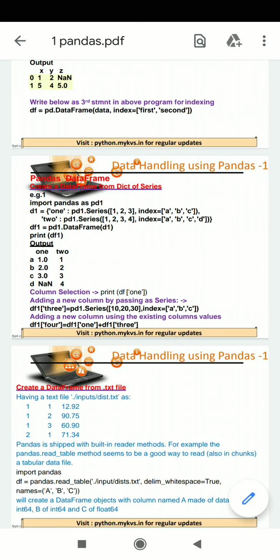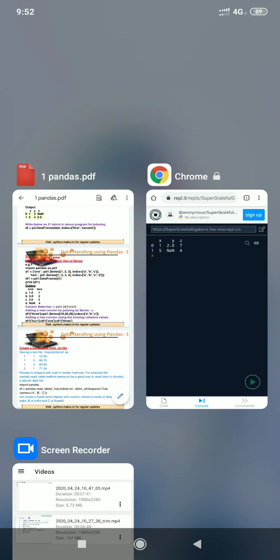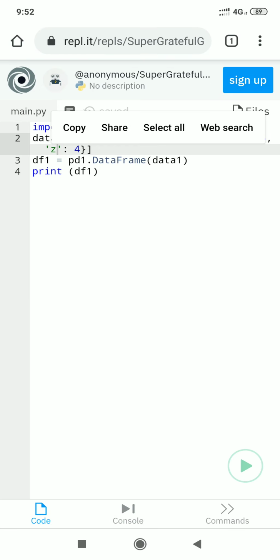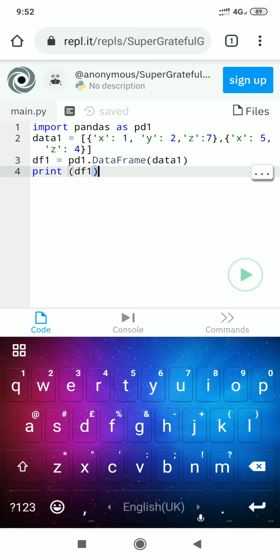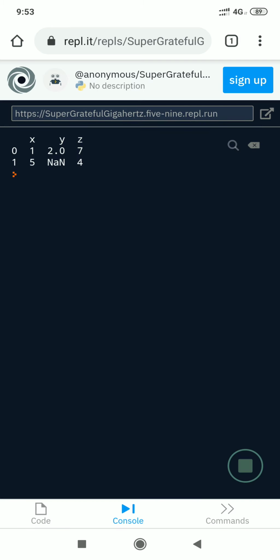Now students, we write the same program in our online compiler. Here we make a change. What we are doing, we have passed that same code here. Now execute the program.